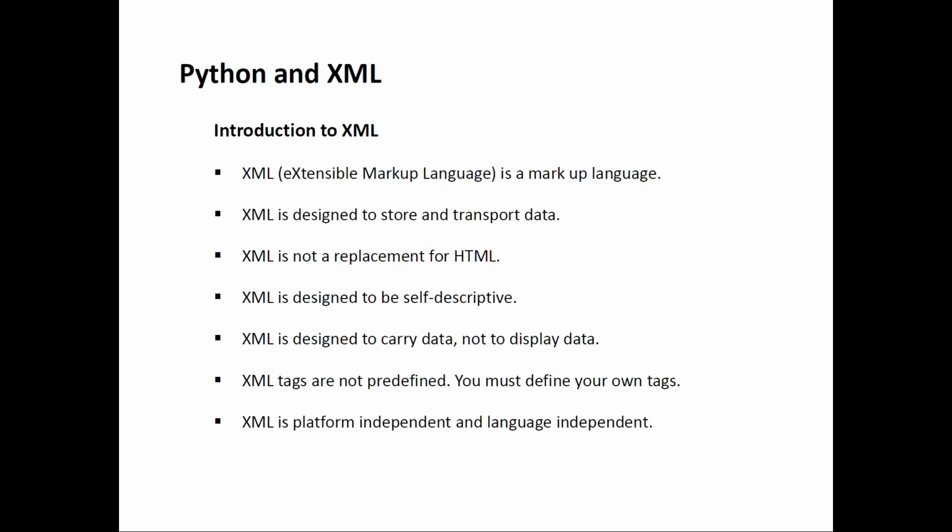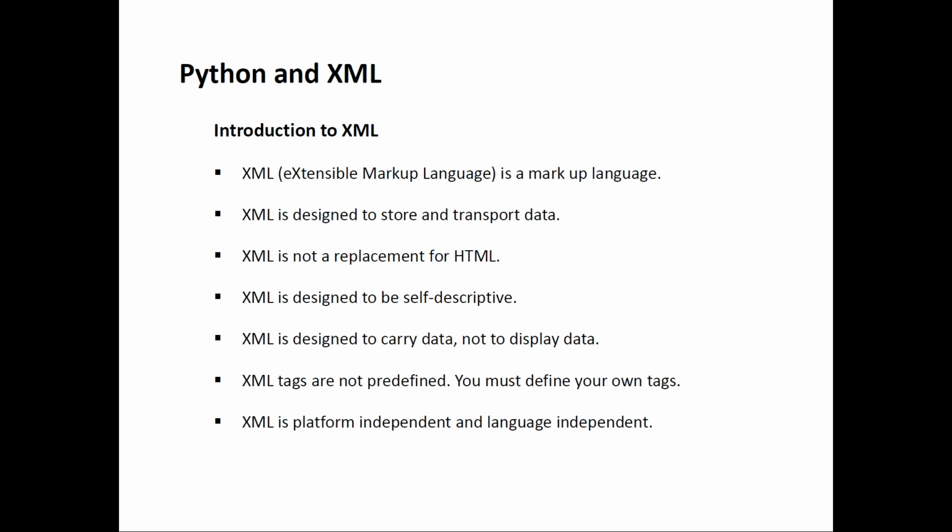But for that, we need to have a little bit of idea about XML. I think most of you have had an introduction to XML in the previous semesters. What is required for our session today is an introduction to the XML part. XML, like JSON, of which we have had a brief introduction, is used for transporting data. Now let us quickly go through some of the points regarding XML.